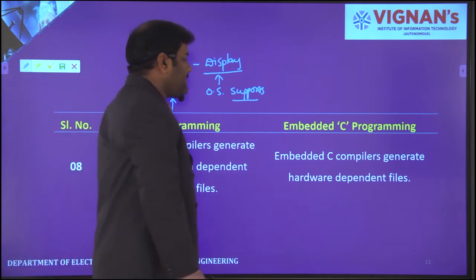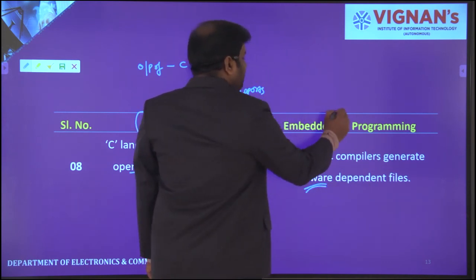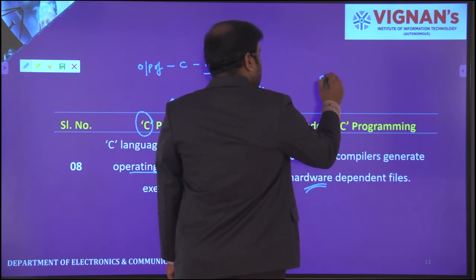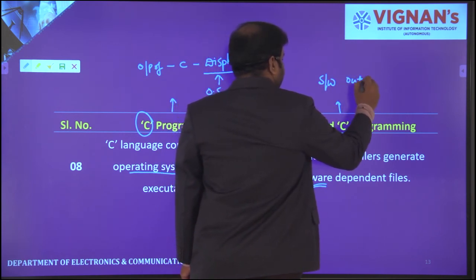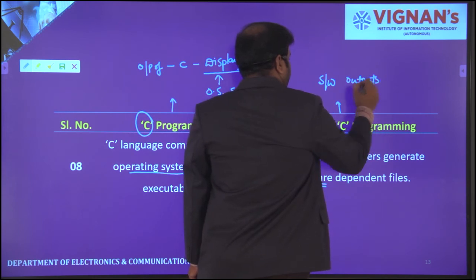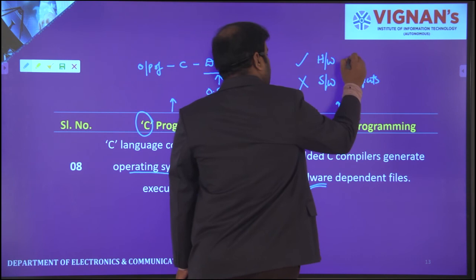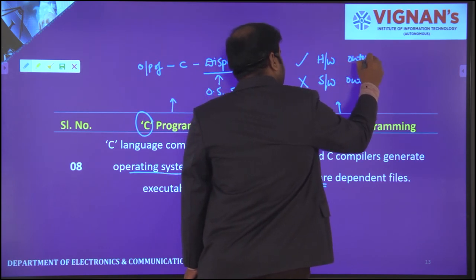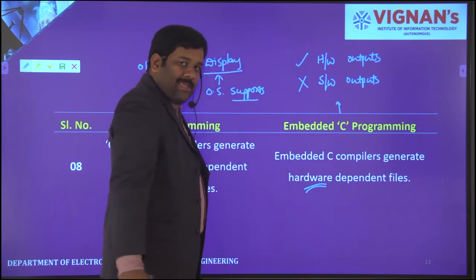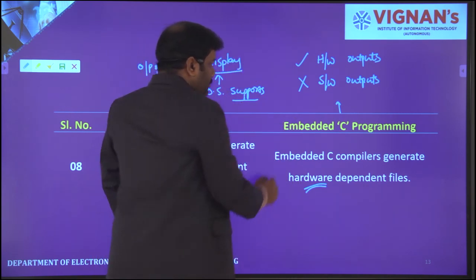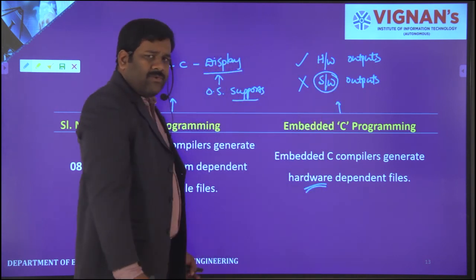While it is coming to embedded systems, compilers generate hardware dependent files only, because it will not support software outputs. It always supports hardware outputs. I think you might guess, because here we are applying input as software, so it will not accept a graph as output.